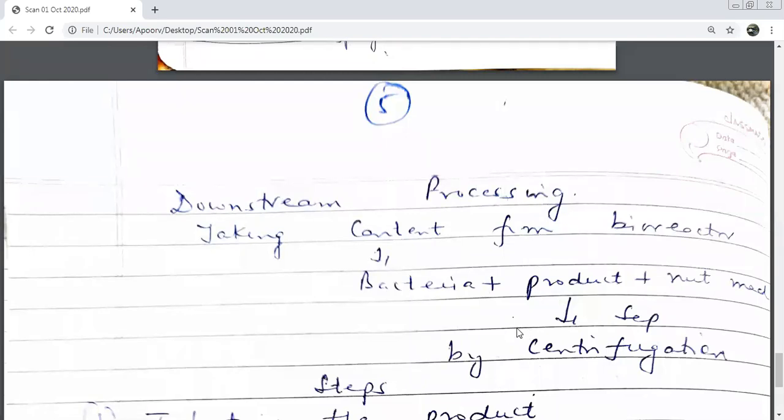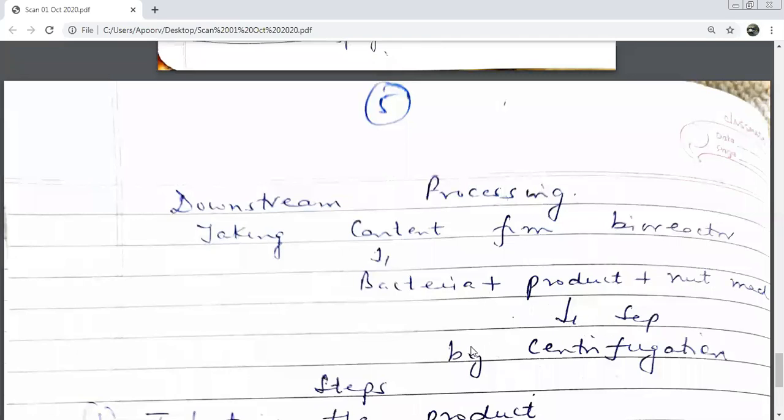All three things will be mixed. When you take out the content, the amount increases. The amount of E. coli that you entered, supposing they were 10. Now nutritive medium is available, and they're multiplying in number. Supposing they become 100, you took out 80, 20 are still there. Then those 20 will keep multiplying. But when you remove the content from the bioreactor, it is not that only the insulin producing gene will come out alone. You will get a mixture of all the three things. Some E. coli will also come, your insulin producing genes will be there, and some nutritive medium will also come out because it has mixed.